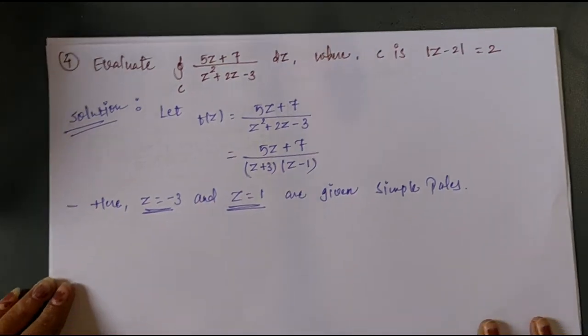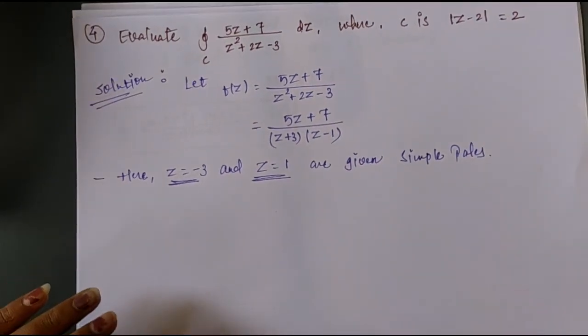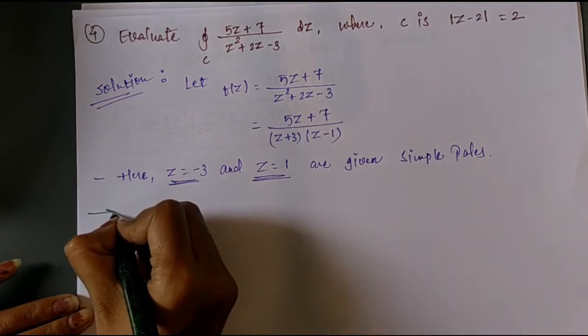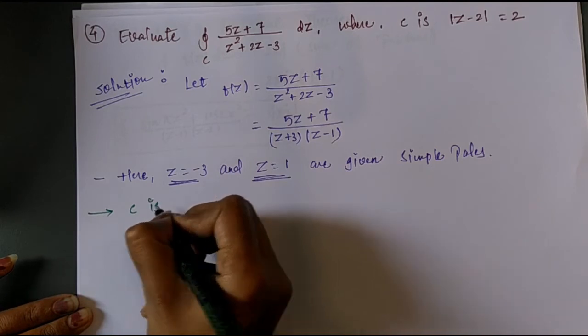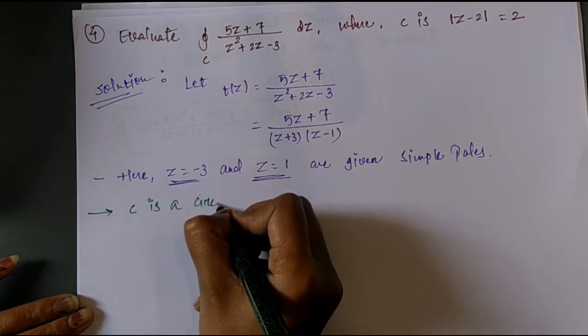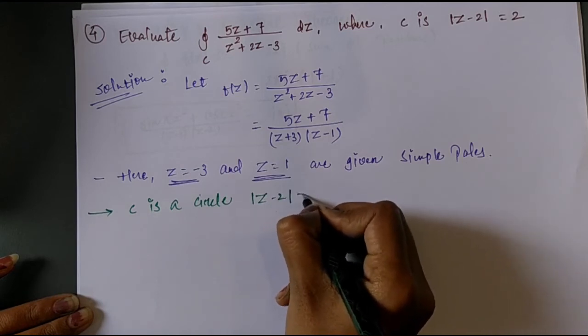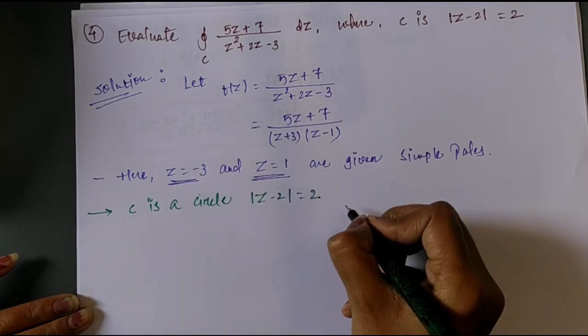So again, both the points you are getting are simple poles, and now we have to draw the figure, and also you have to write its center as well as its radius. Okay, so I'm writing here: C is a circle, which one? |z minus 2| equals 2, with